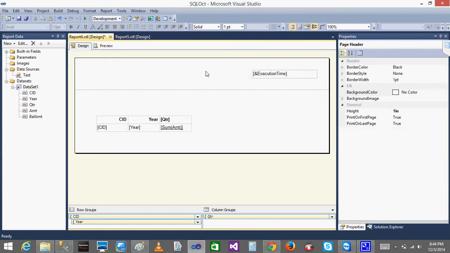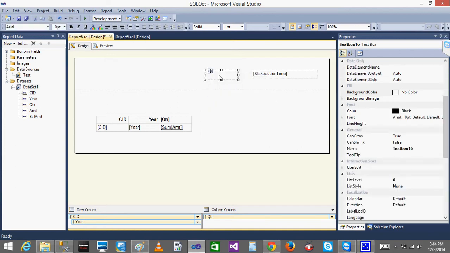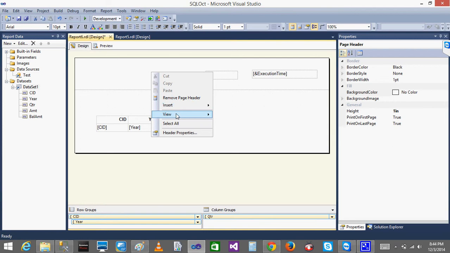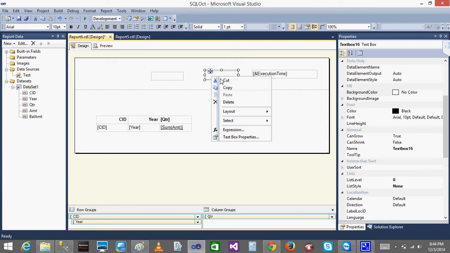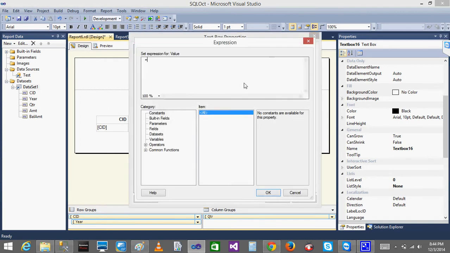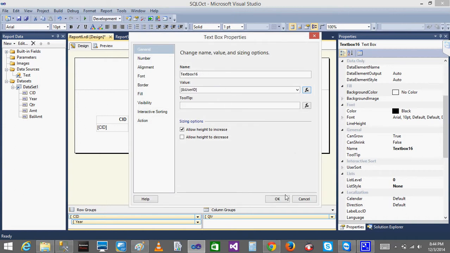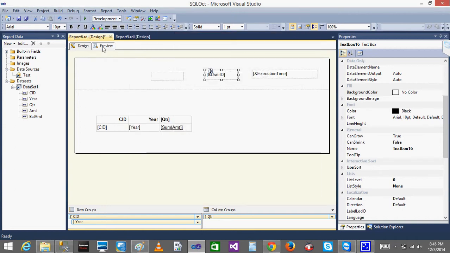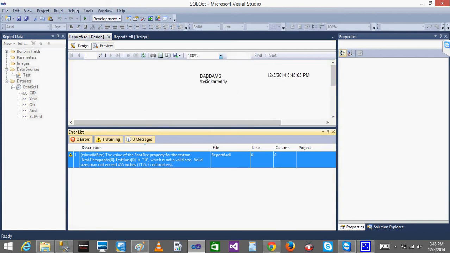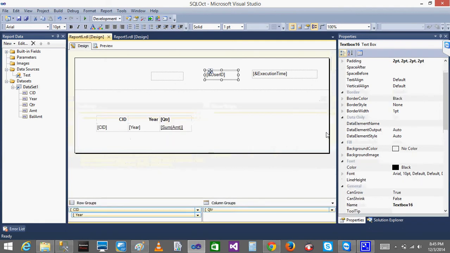Yeah. So now I want to have my user ID. So I'll have one more text box. Okay, and I want to add the date. Like I want to have the page number. So I'll have one more text box. Now in this text box, I'll just go to the text box properties, and in the value, click on the built-in fields. You can have somewhere called user ID. Select it. Okay, double click on this, automatically expression is created. Okay, that is for user ID. When I click, I'll get my user ID. See, I'll get my machine name underscore my username. So now,